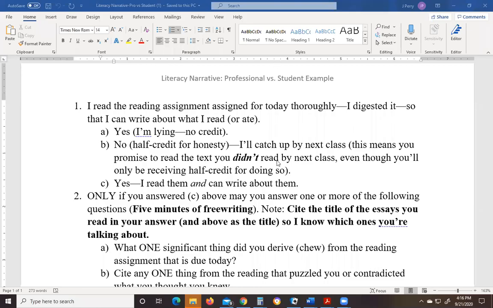Okay, as promised, I'm going to do a better example of how to do a reading quiz. And this can apply whether you are in class or doing this quiz out of class. So this is how this will work. You'll have the quiz before you in class, or if it's out of class, you'll just go over to